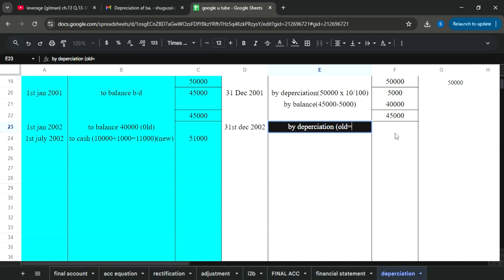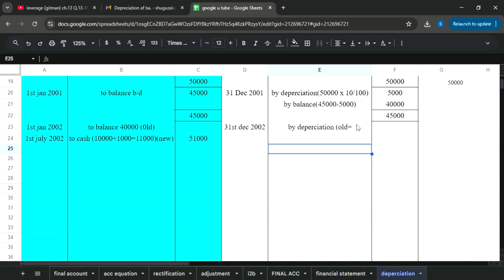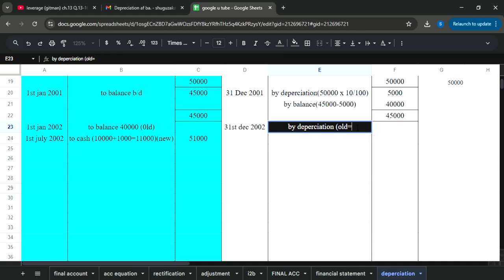And how you will charge this depreciation? Look, since we are focusing upon the fixed base method, depreciation would be charged in the fixed base method, and that depreciation would not be changed. So you will be applying 50,000 worth of asset, multiply by 10 divided by 100. Since we have little less space, directly 10% we will write. So guys,